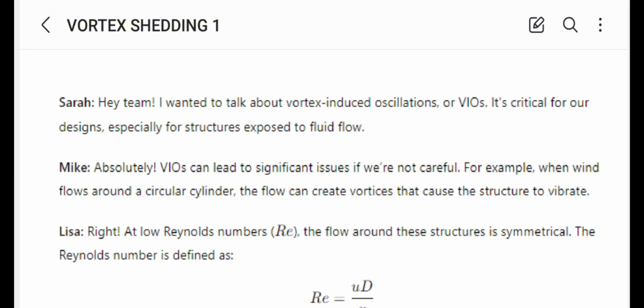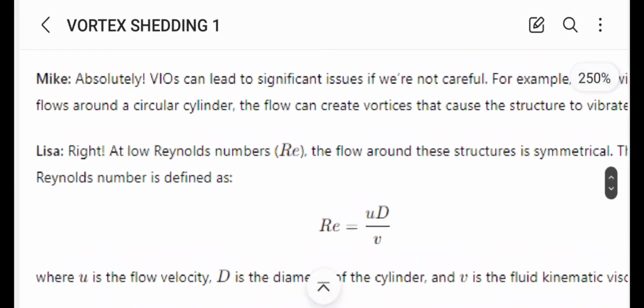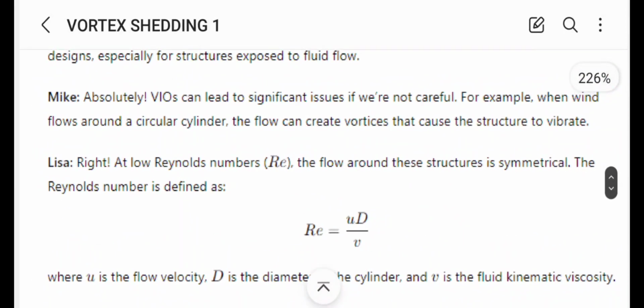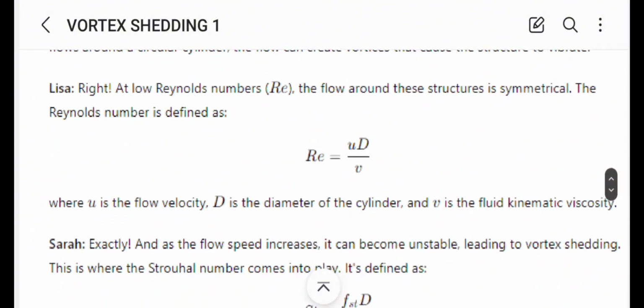When the wind flows around a circular cylinder, the flow can create vortices that can cause the structure to vibrate. If VIO is not taken care of properly, it can lead to significant issues. At a low Reynolds number, the flow around these structures is symmetrical, and the Reynolds number is defined as